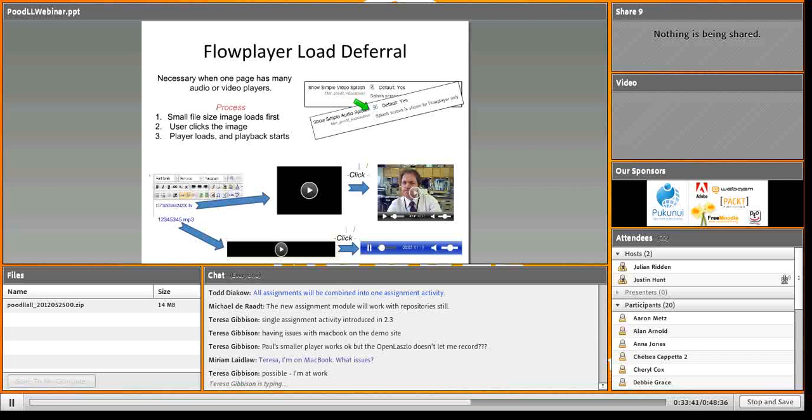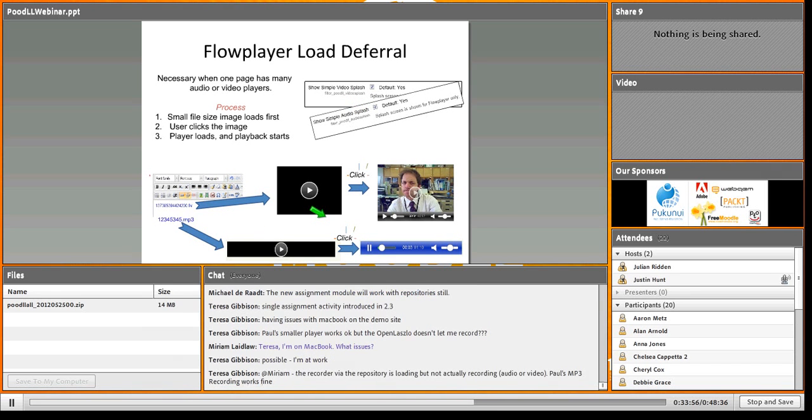And those splash images, let's talk about that a little. When a page has one or many audio video players, you can elect to show a splash screen. So here we have a standard black splash screen. And this will prevent those problems that you get sometimes where a browser will hang on a whole bunch of players loading. If you don't have that situation, then just uncheck these boxes here and you'll just go straight to the players themselves. And for some people that's probably going to be fine.